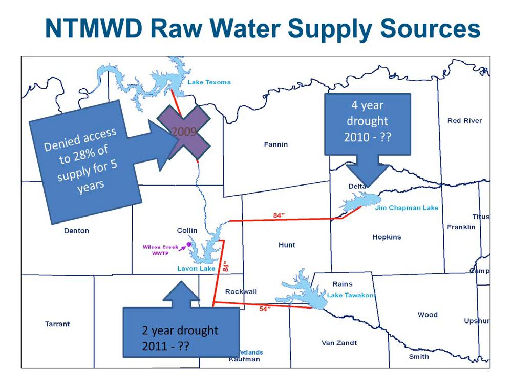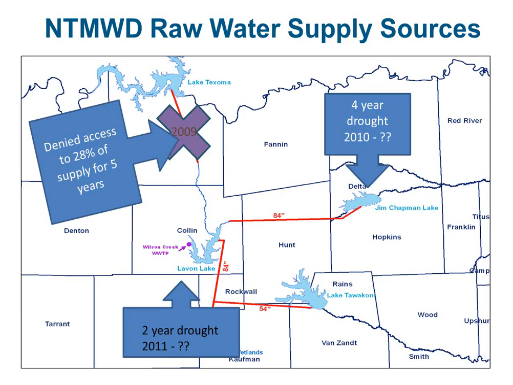So now we have pumps in Oklahoma and 1 pump in Texas. So since 2009, we had been denied access to 28% of our total supply. We were able to get that supply back online just this past May,